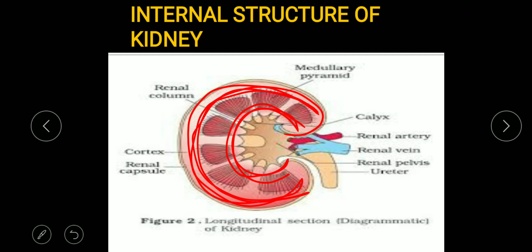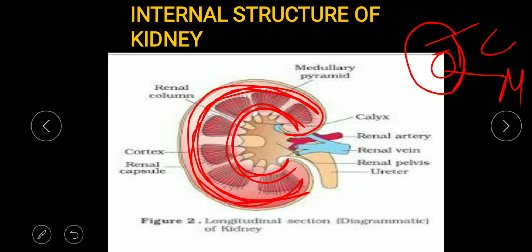Medulla. Okay. So in biology especially, the outer region of any part, TS of any part, is known as what? Cortex, and the inner region is known as medulla. So here also the outer region of the kidney in its LS, longitudinal section, is known as cortex, and the inner light region is known as what? Medulla. Okay.